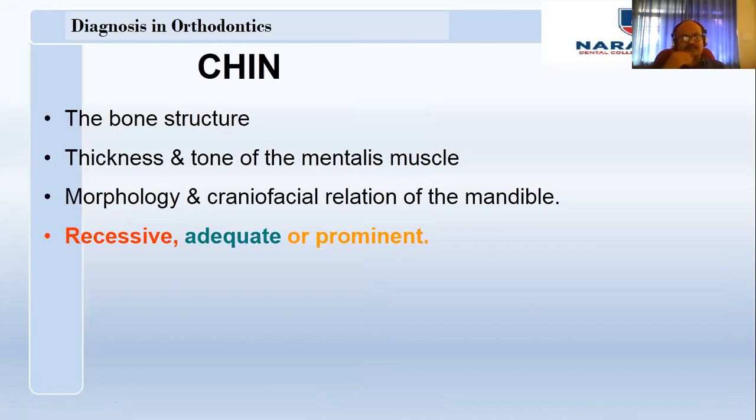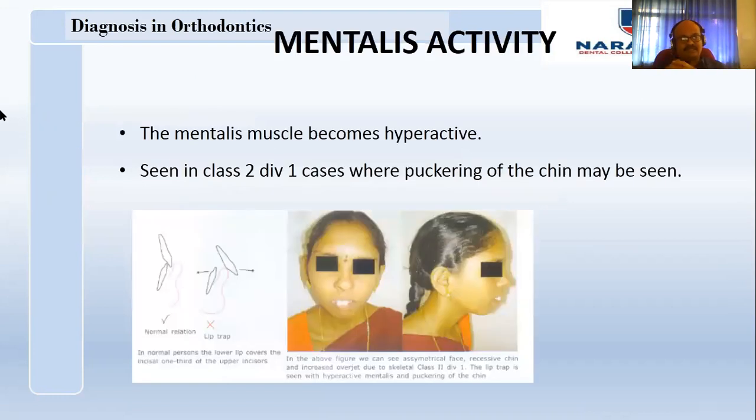So the chin, we have seen from our analysis, should be in line with the pogonion, or it should be in line with the subnasale. So it should be adequate. Man is a bipedal animal. He should have a prominent chin. The chin prominence developed in the evolution. If you see the lower vertebrates or the mammals, they don't have a well-developed chin. So it is man who has a well-developed chin.